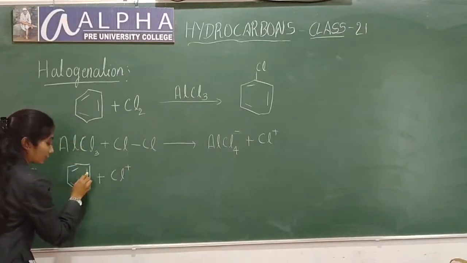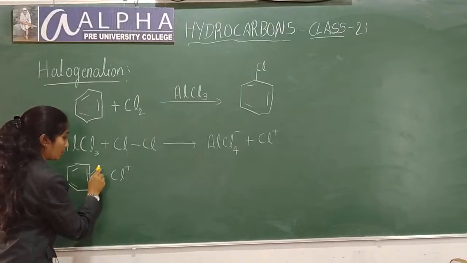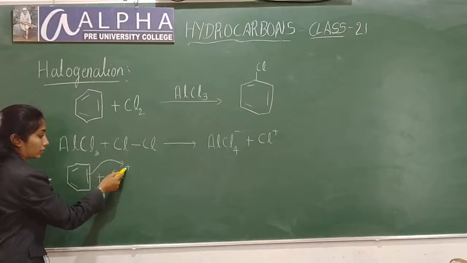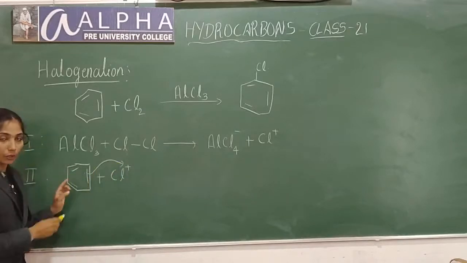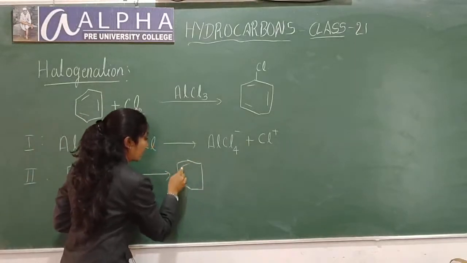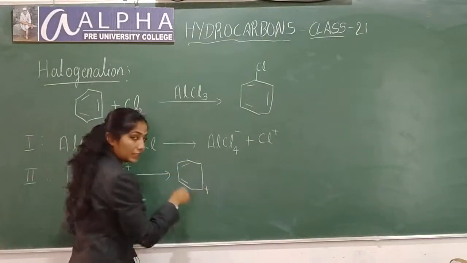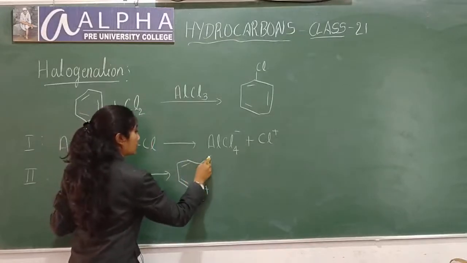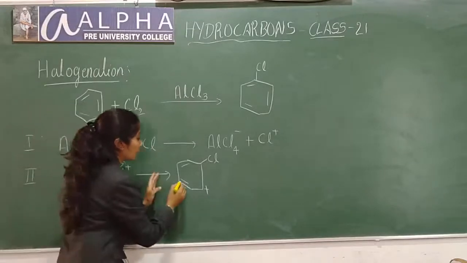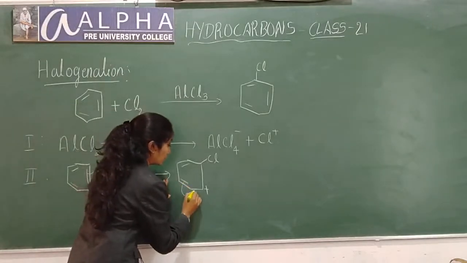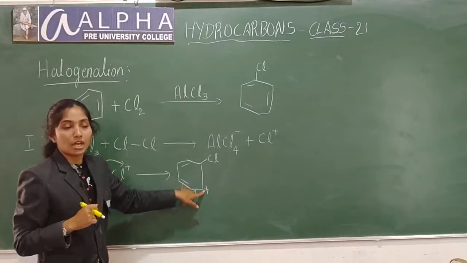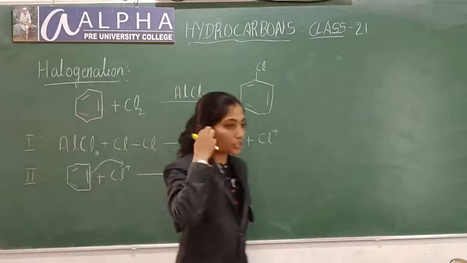Since it is rich in electrons, the arrow mark should be from the electron rich center to the electron deficient center. Don't write an arrow starting from here to here. Okay, so you will get a benzene ring, six-membered ring, with positive charge over here and Cl attached here. In the next step, this bond will move here, and this positive charge is resonance stabilized. Resonance stabilized carbocation formation will take place.